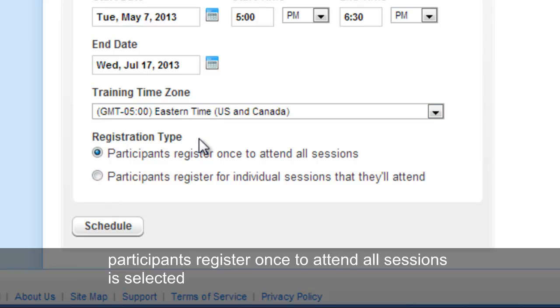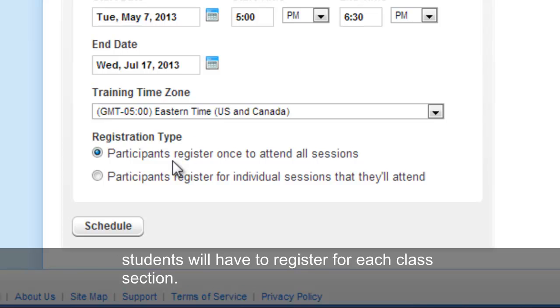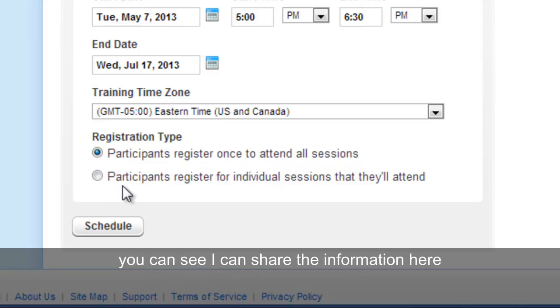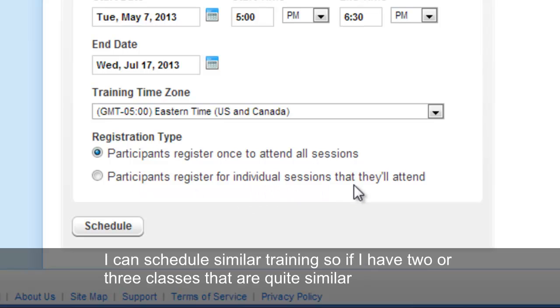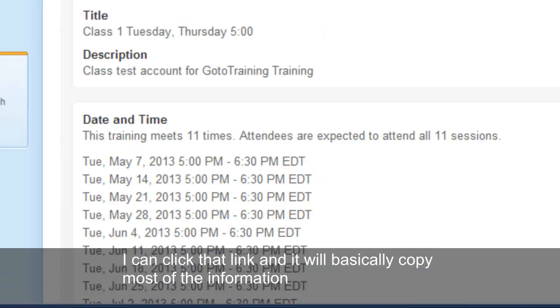Right here at registration type is where you select and make sure that training ID is never going to change. You want the same training ID for all your classes. So you want to make sure participants register once to attend all sessions is selected. If you select participants register for individual sessions, your training IDs will change and your students will have to register for each class session. So after that's done, we'll go ahead and hit schedule, and you can see training is